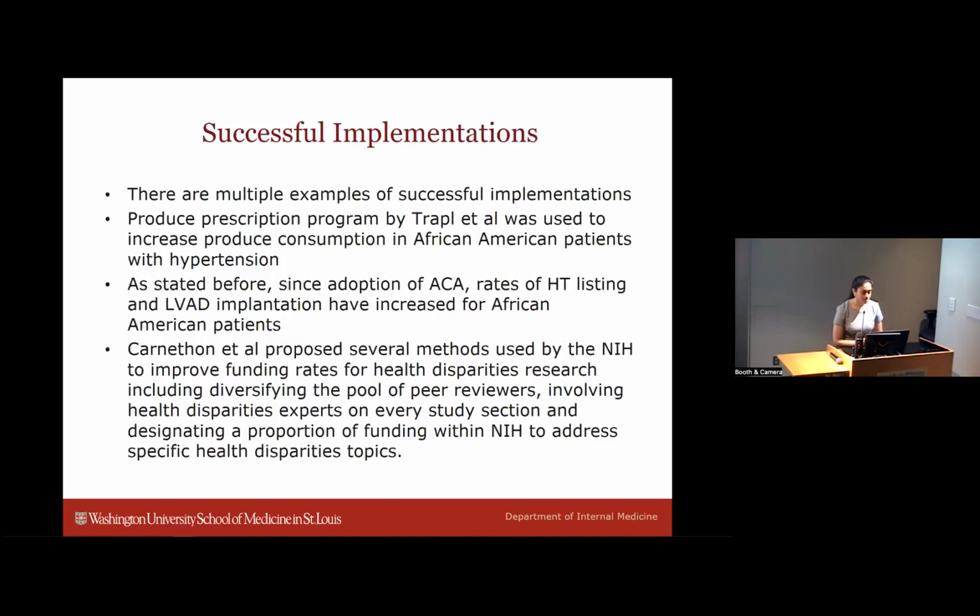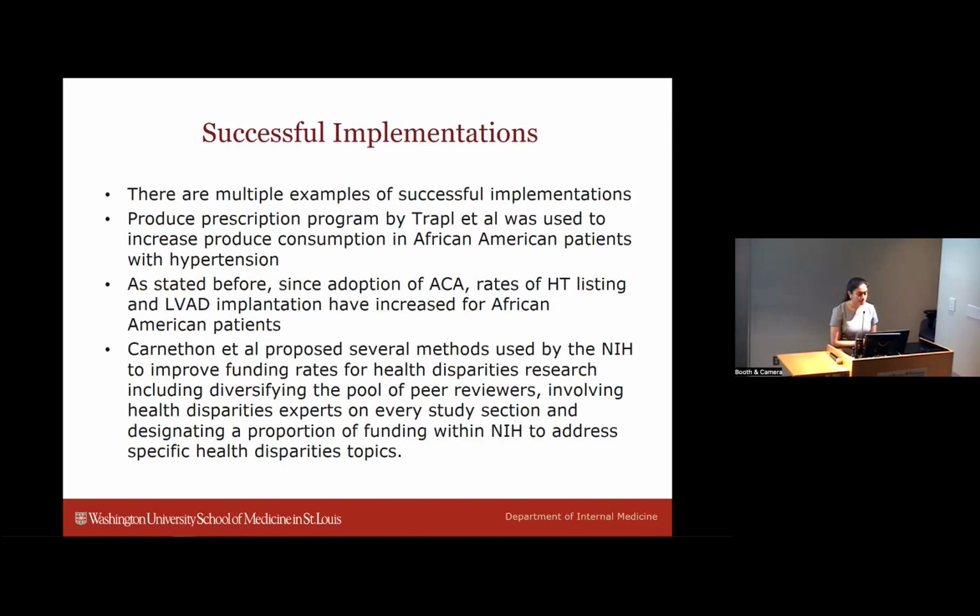Successful implementations. There are multiple examples of successful implementations. The produce prescription program by Trapanol was used to increase produce consumption in African American patients with hypertension. It was noted about 86% of these patients visited a farmer's market to purchase produce using their vouchers. At the end of the follow-up period, there was significant improvement in fruit and vegetable consumption and a decline in